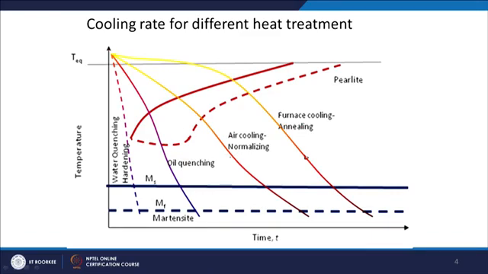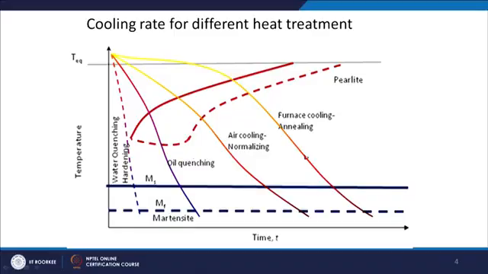Then I can take the product out from the furnace. So, in air it will cool through convection currents, and then of course, it will be a higher cooling rate than furnace cooling, and that is what we do in normalizing. You can do oil quenching, you take it out and put it in the oil. Of course, oil quenching will be much faster than air cooling. So, you can have faster cooling, and all these cooling curves are superimposed on a CCT curve as shown here,